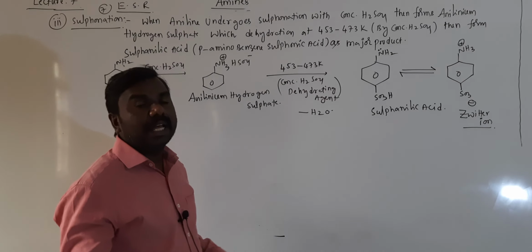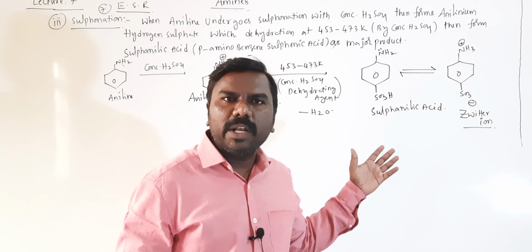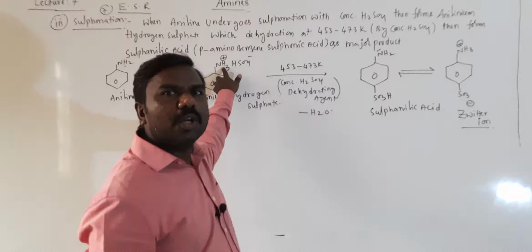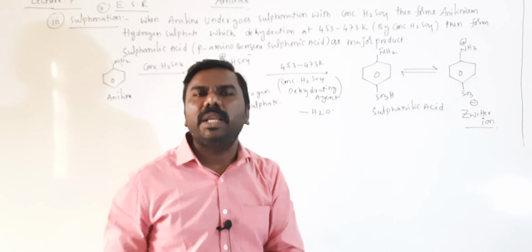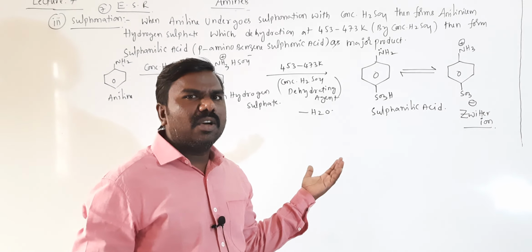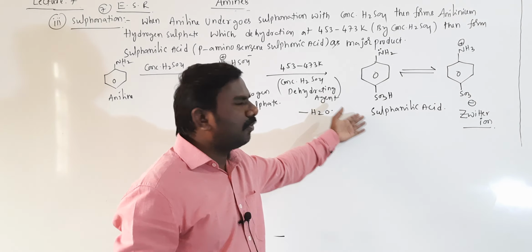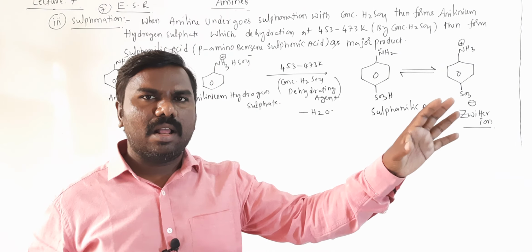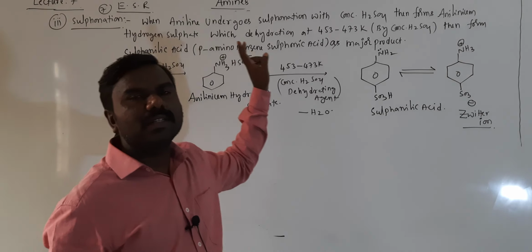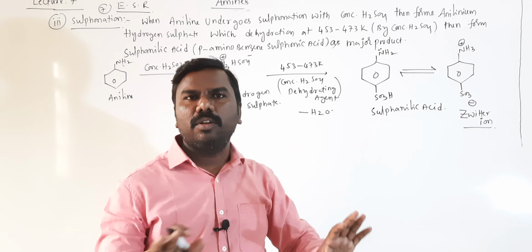But you can ask me a question, direct sulfonation means we have a chance to get ortho, meta, para, but we are getting only para, because the reason is it is acidic medium. NH2 effect is controlled by the NH3 plus formation in the first step itself. That's why we will get only one, nothing but para sulfonic acid, but not ortho, meta, para. Getting all of you? Because NH2 is converted into NH3 plus, obviously only para product is formed, but not ortho, meta, para.